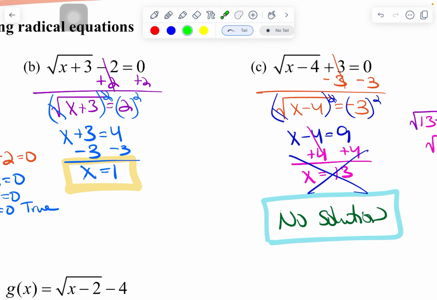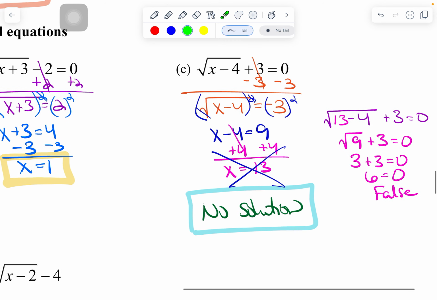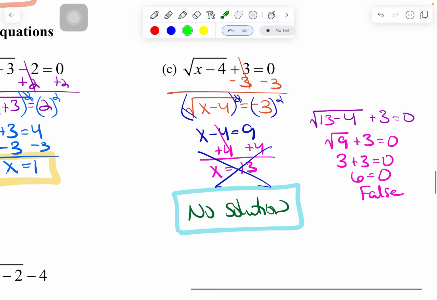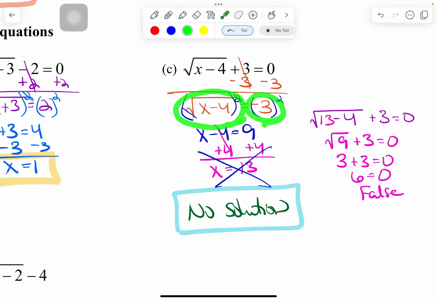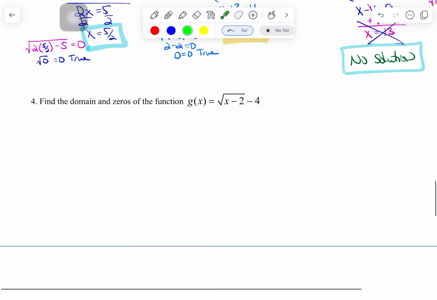So that happens. The easiest way in part C to notice that you're probably going to have an issue with it is when we did this very first step here, where we got the square root was equal to a negative. All right, that is a big tip off that it is likely you are not going to have a solution there. All right, there's one more problem here that we're going to do, which is problem number 4,